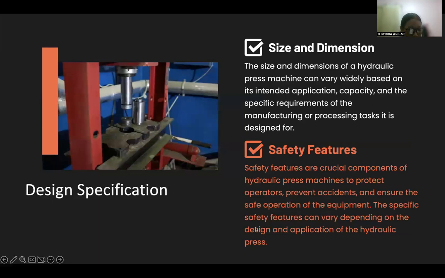size and dimension. The size and dimension of a hydraulic press machine can vary widely based on its intended application and capacity. And the next topic is safety features. Safety features are crucial components of a hydraulic press machine to protect the operator, prevent accidents, and ensure the safe operation of the equipment. And the next page talks about